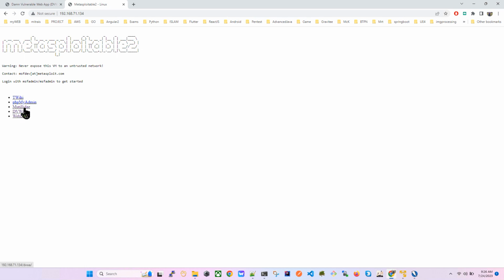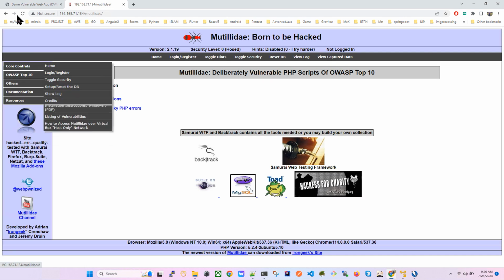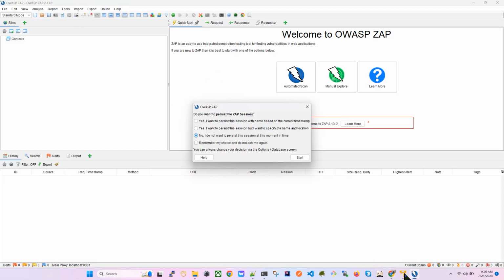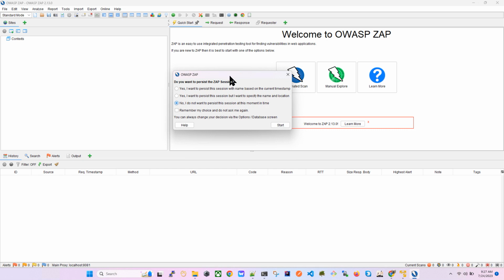For example, the first one is Mutillidae, and also the DVWA, and we will use this one to test the scanning using the OWASP ZAP. And basically, when you run the OWASP ZAP for the first time, it will show a pop-up that you need